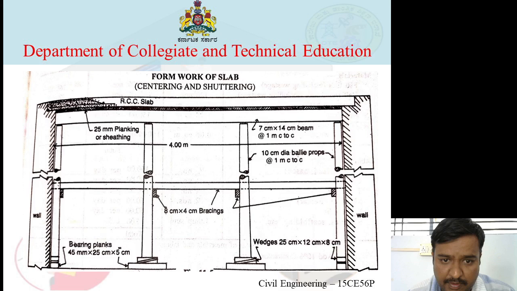So, correctly, with the help of binding wire or nails, we support the beam bottom and place the beam bottom over the support provided in the column. So at that time, we have to fix the beam bottom on top of the column. Provide the props to support the beam bottom about 62 centimeter center to center.